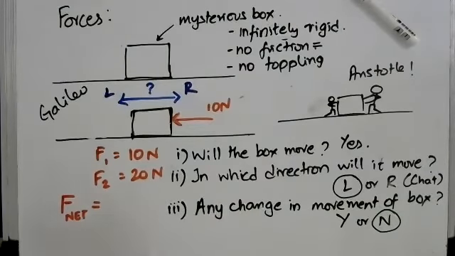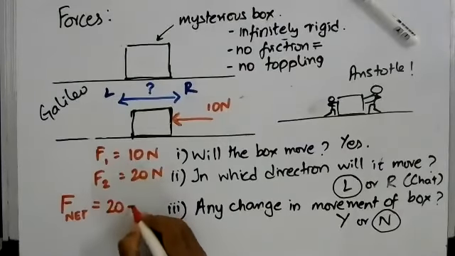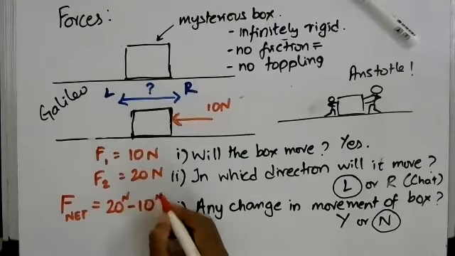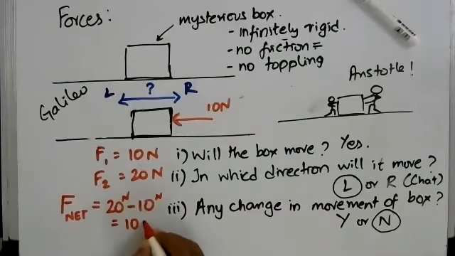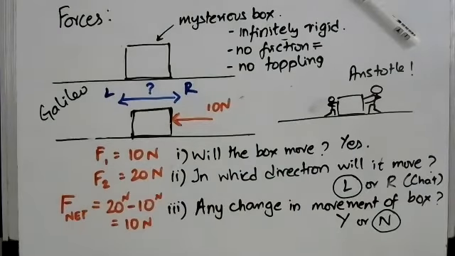Okay, and that is what is important in physics. You can have a dozen forces acting on it, but eventually what you have to see is what will be the resulting net force on the object, and for that you have to say 20 Newton minus 10 Newton will be equal to 10 Newton. Now wait, there is some small issue over here. Both forces were 20 Newton and 10 Newton, right?